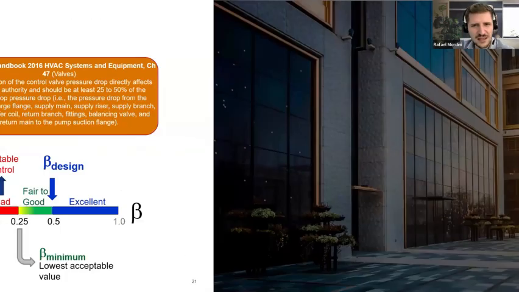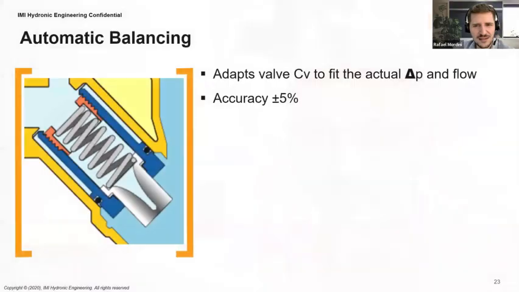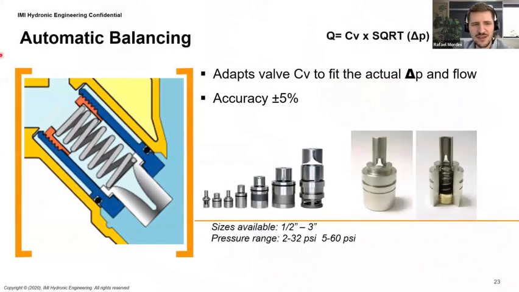So now let's take a look at another technology for balancing valves. We have the automatic balancing valve. It's also very popular in America. Okay, let's take a look at how it works. Those valves usually have a cartridge like that inside the valve. You see, you have several types of cartridges here. Each manufacturer has their own collection of cartridges. These here are the ones that I could find. And these cartridges,